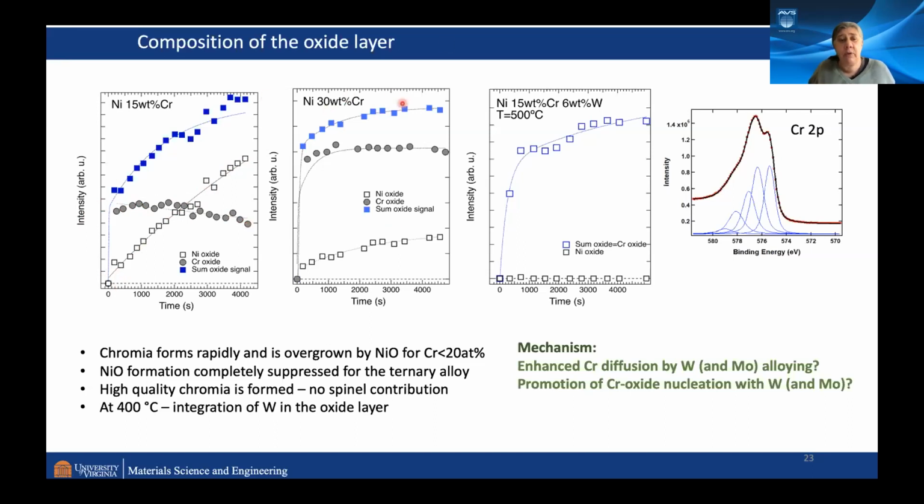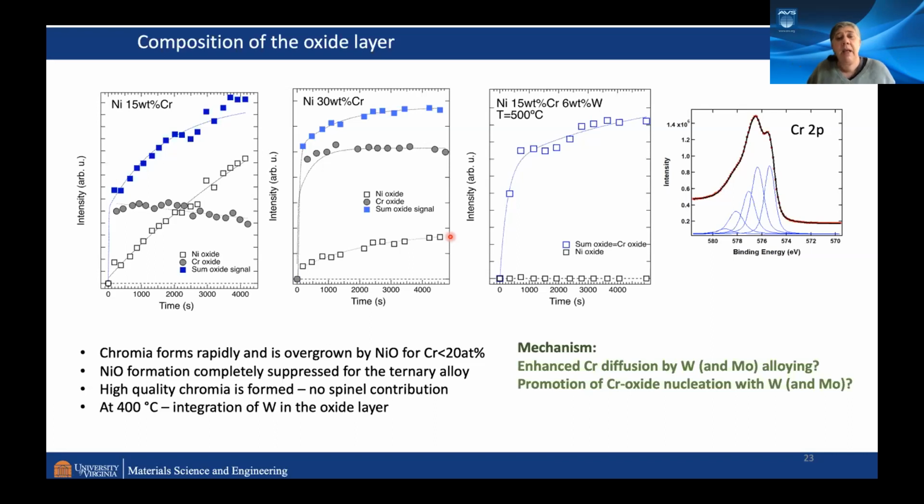If you have nickel 30 chromium, much more chromium is available. The whole oxide is dominated by chromia, and you have some nickel oxide, which nonetheless forms on that particular surface. So the competition is not only into the thermodynamically favorable chromia,